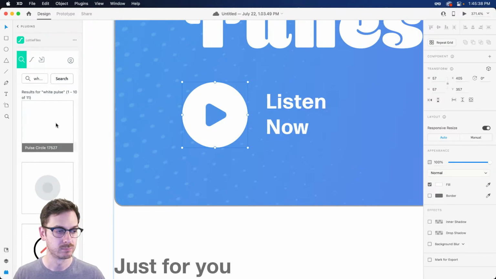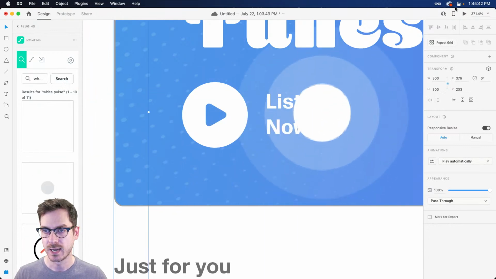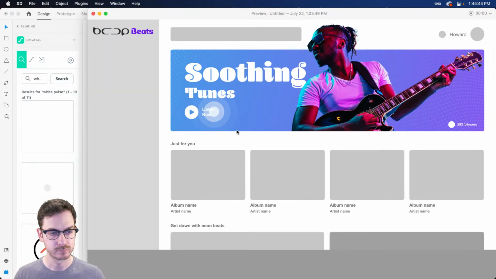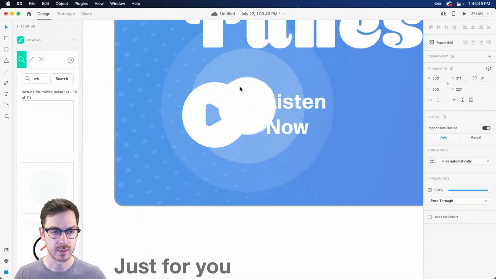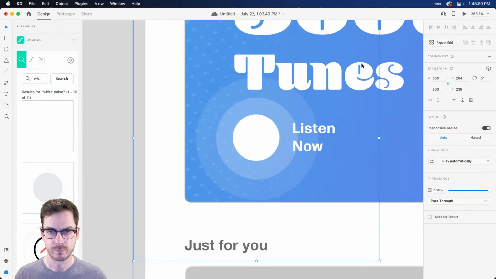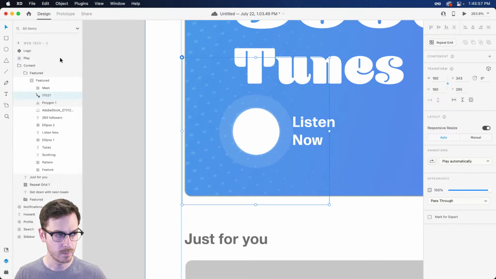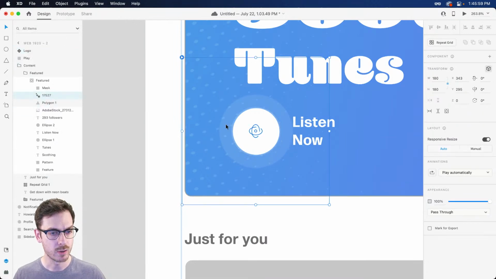I'm assuming it's white, possibly. Let's drag it in and take a look. Ooh, that could work. I do have it set to play automatically. That could work, right? So I'm going to make sure to place this right about here. Make sure that it lines up nicely. There we go. And I'm going to place it behind our play button.